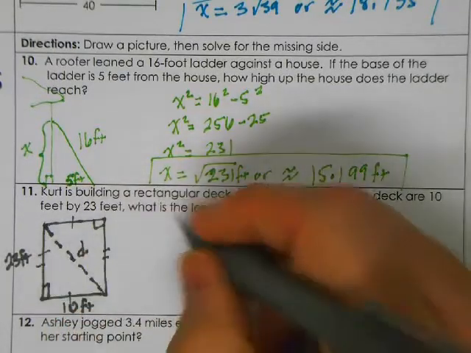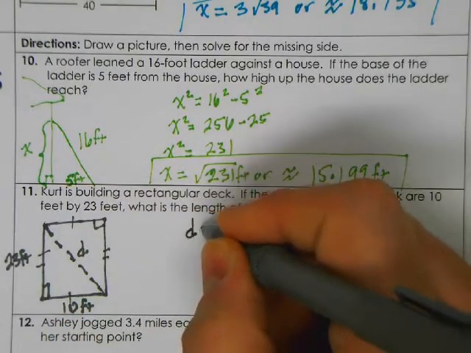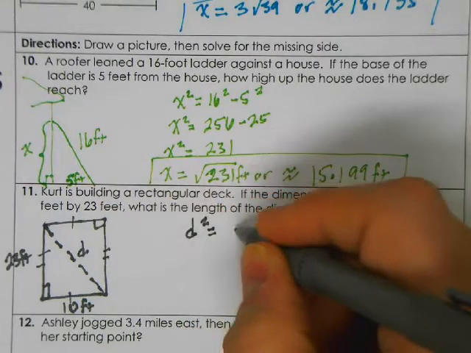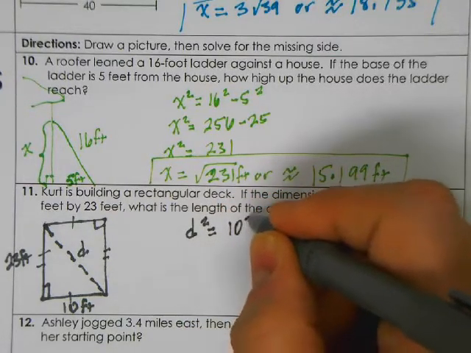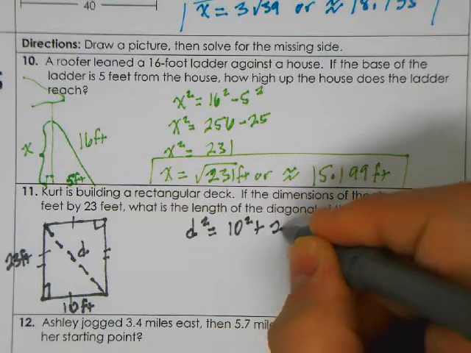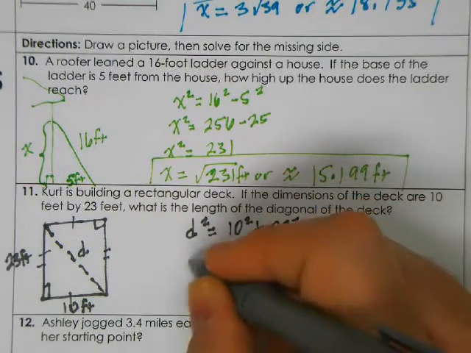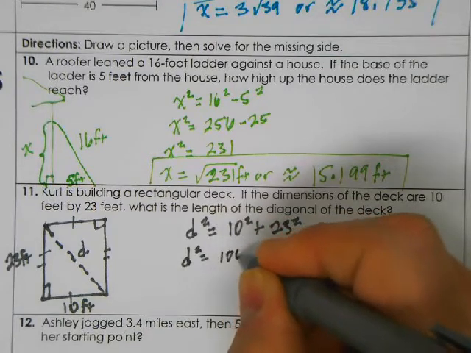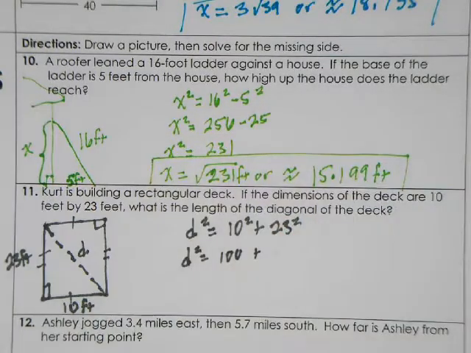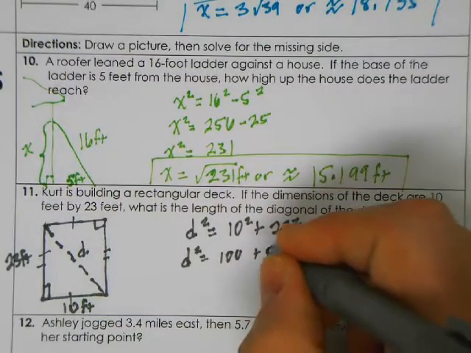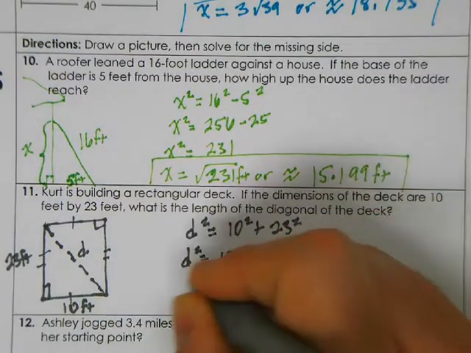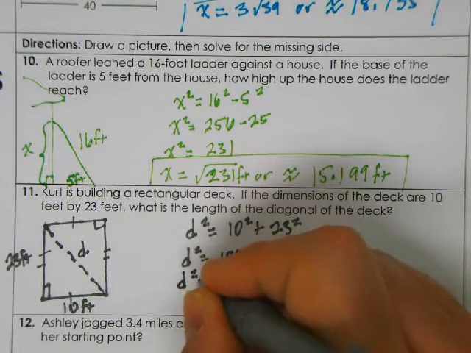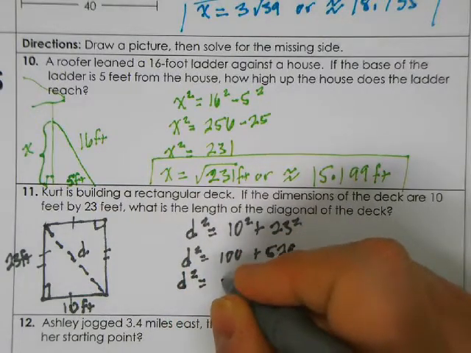We're looking for the hypotenuse, so the diagonal squared is going to be equal to 10 squared plus 23 squared. And 23 squared is 529. So the diagonal squared is